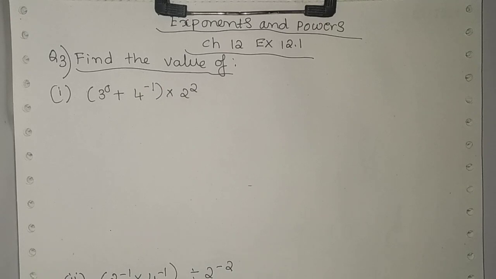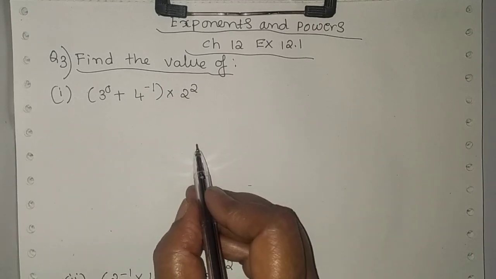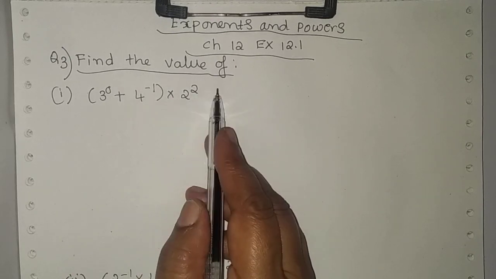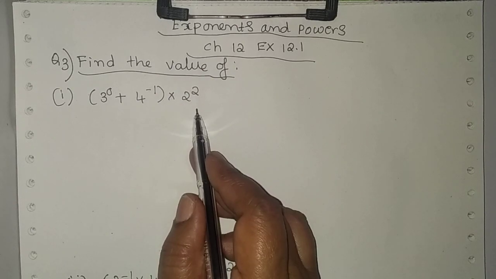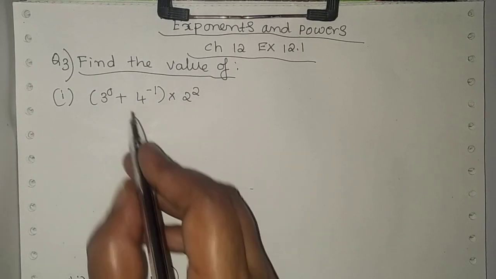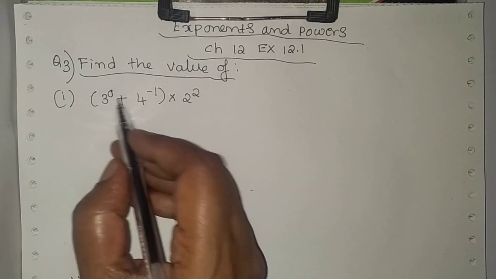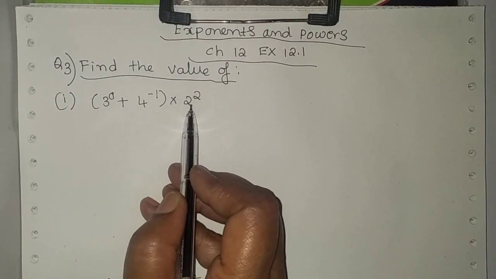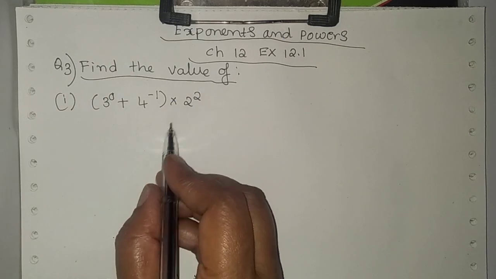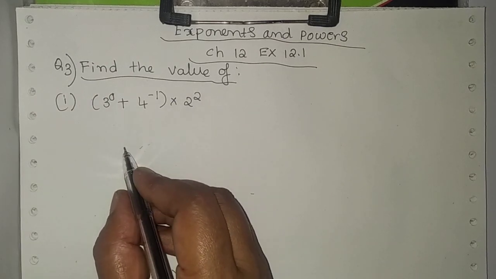So here the first problem is, I have written here. How to evaluate this? Find the value of, they have given. So how to evaluate this problem? The first step is, this is 3 to the power of 0 plus 4 to the power minus 1, into 2 to the power 2. So the first step here is,